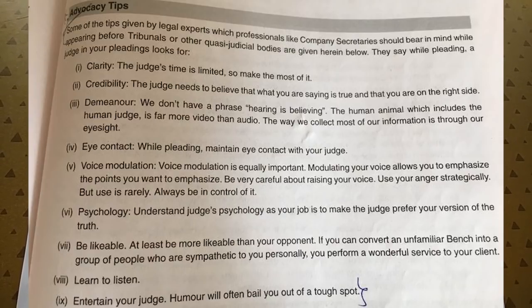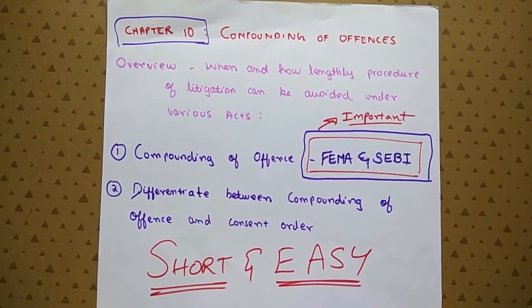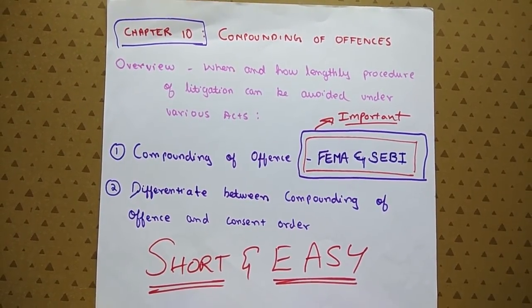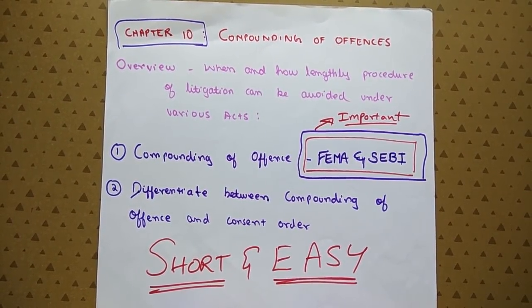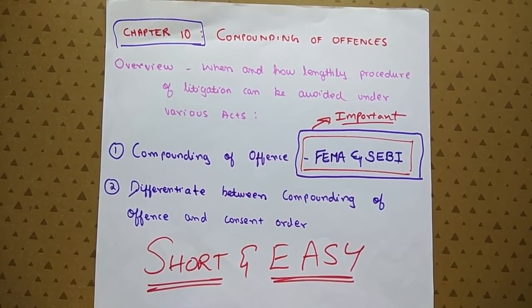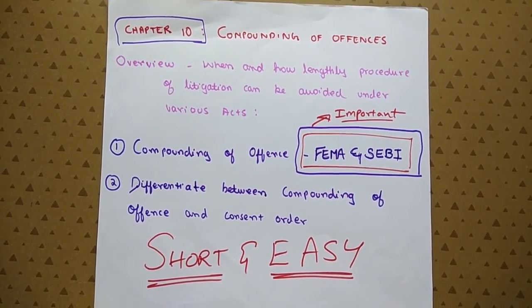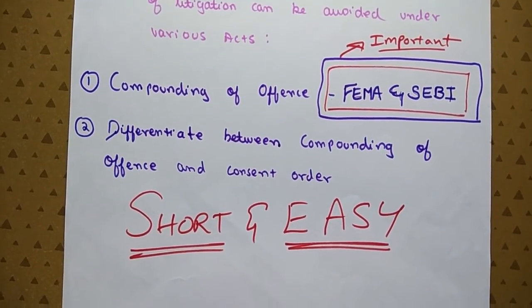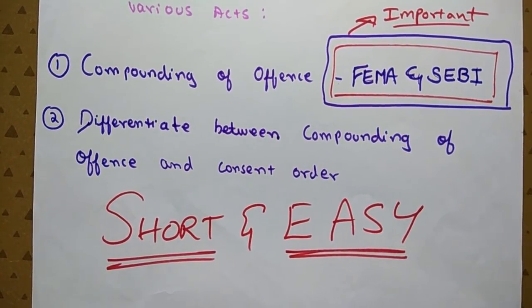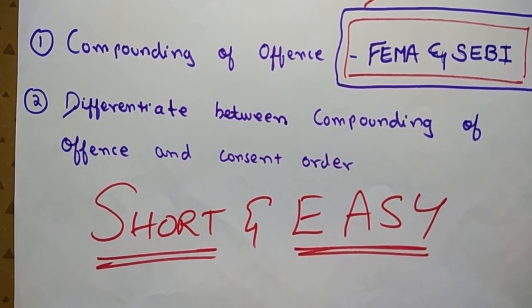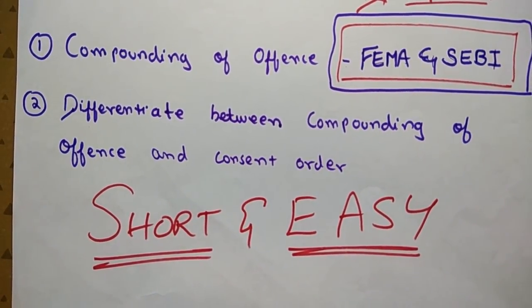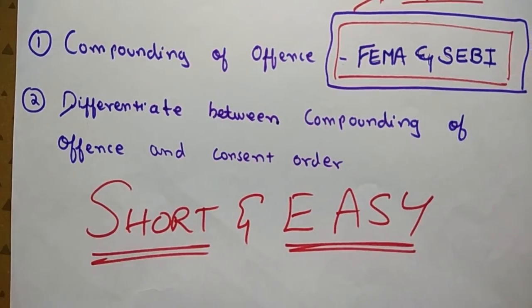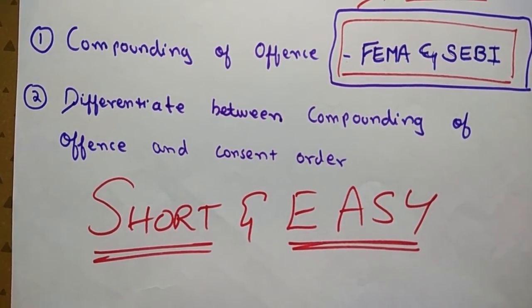Next is chapter 10, which is a short and easy chapter. This chapter too can be studied effectively by making flowcharts. This lesson deals with compounding. That is, if you are accused under an act or you complain or file a case against someone under an act, how and when can you close the case by giving or receiving compensation without dragging the case for years together